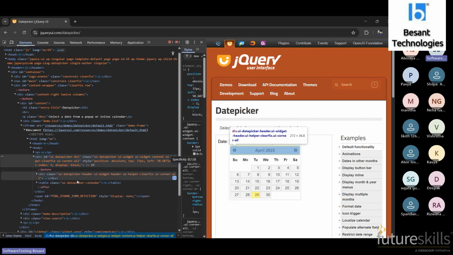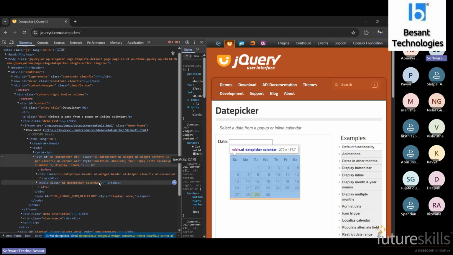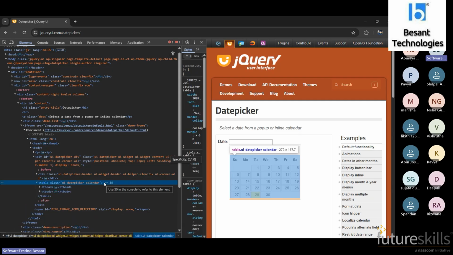Inside we have a class, this is a date with calendar. Here we have a table. We have seen the static table yesterday, right? But there it was only body. See here, this is how the header and the body should be created. If it is a table, inside the table it should have a header separately and body separately.